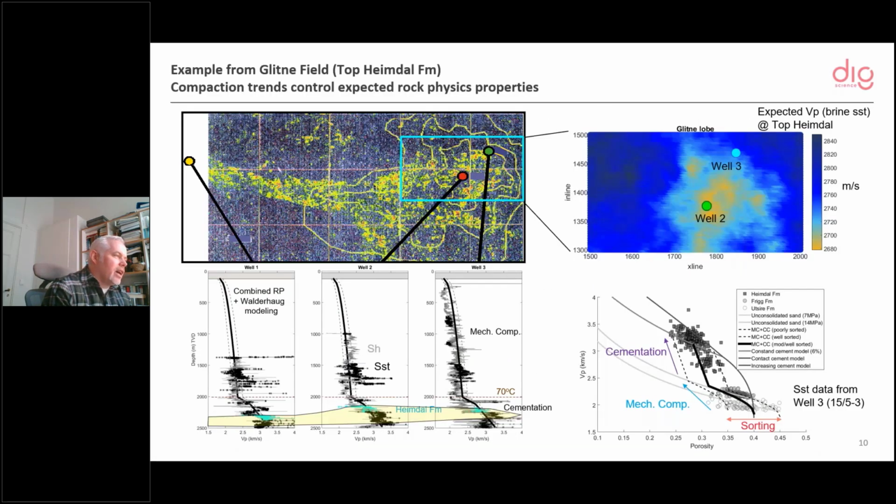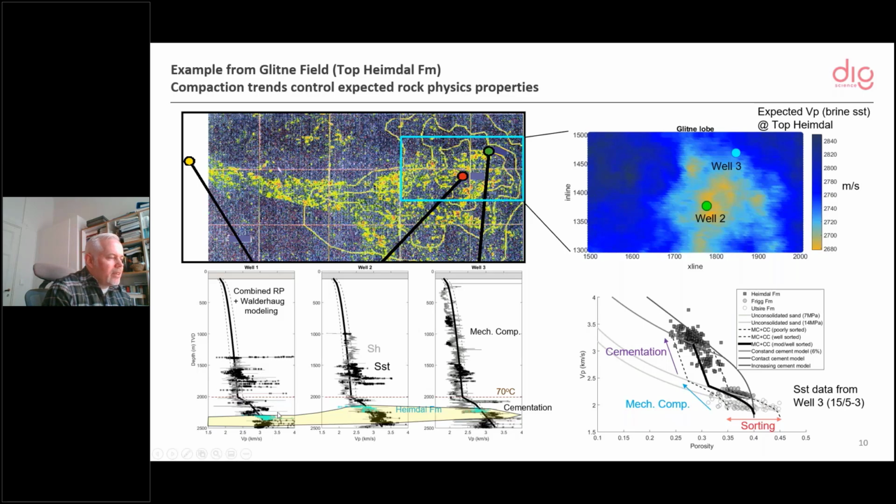I actually did a Walderhaug modeling, combining that with rock physics for these 3 wells. And you see here this clear trend change from mechanical compaction to chemical compaction, explaining the sandstone data marked as black asterisks. The shales are marked with just the gray logs. And then you see that you have this kink in the velocities in all of them, and you're explaining that. And here we have a continuous subsidence. There's no uplift, but still, this demonstrates how important it is to honor these compaction effects.